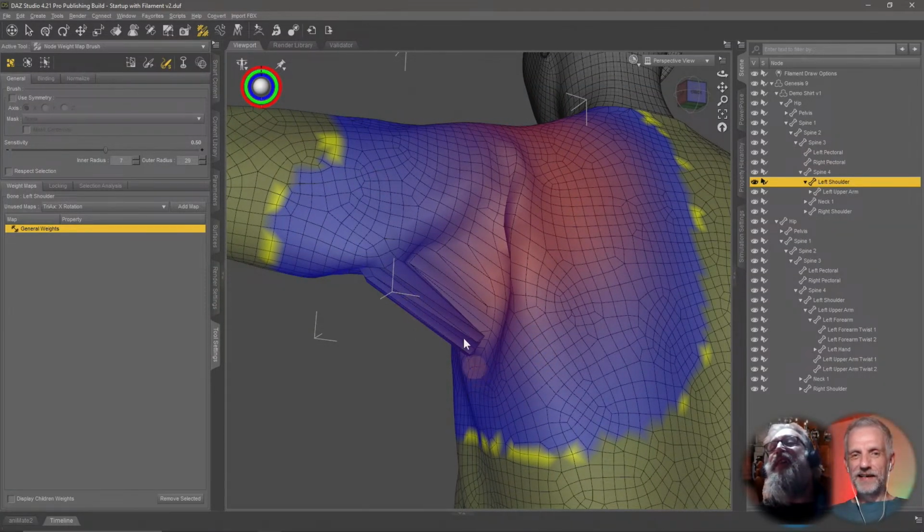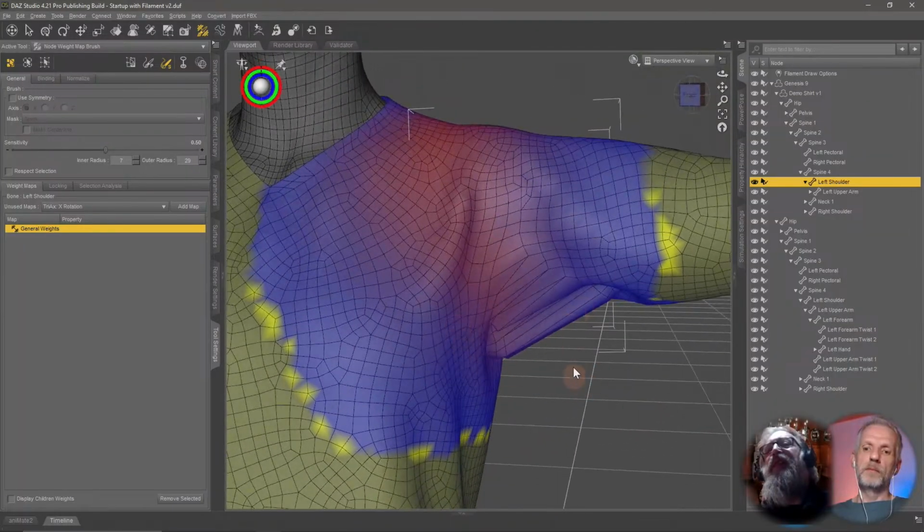You can switch. These are the tools here that you have. These are the selection modes. These are faces. These are edges. These are vertices. So faces is good in this case. And this is the geometry selection tool. This is the paintbrush tool with which you can paint weights on. And this is the smoothing brush, which doesn't paint. It just makes this transition between different values a little bit less. So if we select that,